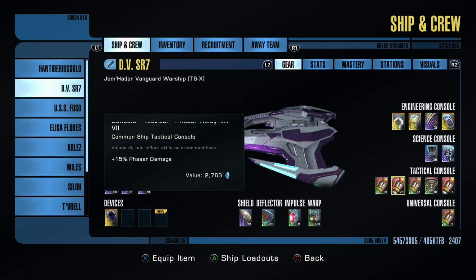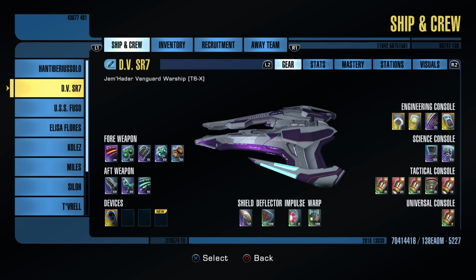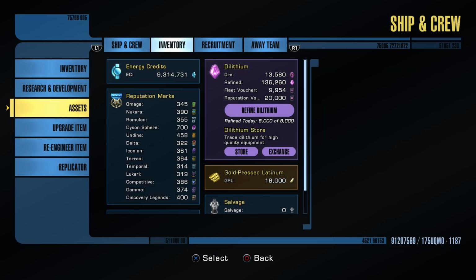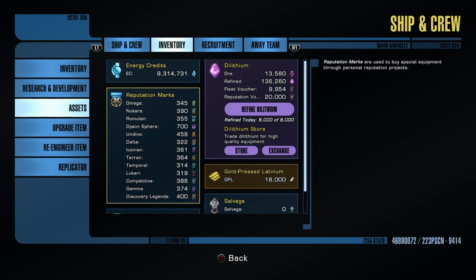So really, as you can see, I've kept this guy's gear absolutely basic. I haven't wasted a bit of one dilithium crystal on him at all while he was leveling up. And when he's done serving his 500,000 dilithium to me in 3 months, I'm going to clean everything